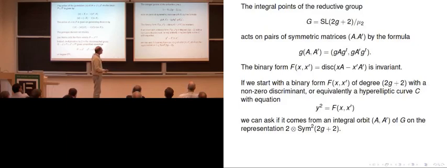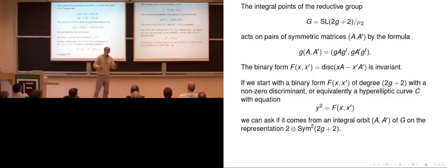Now, if you started with a hyperelliptic curve, you might ask, can I find a pencil of quadrics such that the discriminant of the pencil gives me this binary form? That's not obvious at all. And what's so cool about this representation,